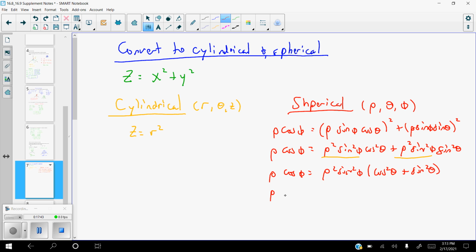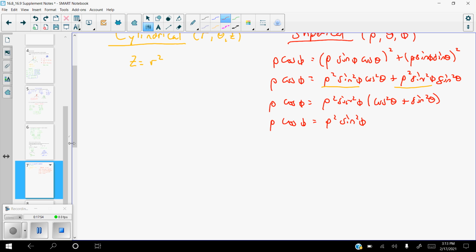So we're going to get rho cosine phi equals rho squared sine squared phi. I want to divide both sides by sine squared phi, and I'll explain that in a second. So we're going to get rho cosine phi over sine squared phi